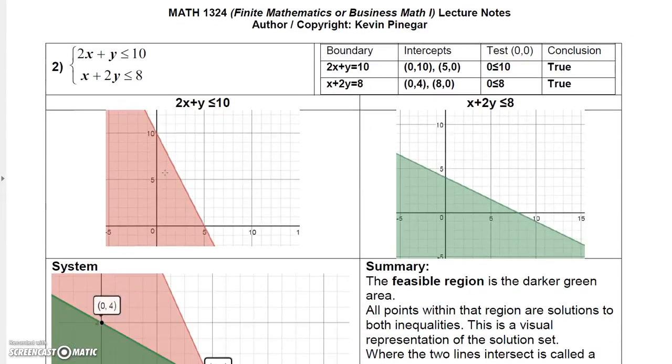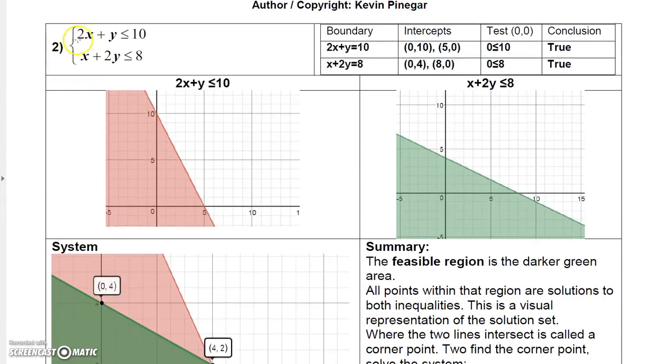Here's another one. 2x plus y is less than or equal to 8. 2x plus y is less than or equal to 10. x plus 2y is less than or equal to 8. So by now we've probably mastered graphing single inequalities, so let me just kind of brush through this. Your intercepts for the first boundary are (0, 10) and (5, 0). So I plot (0, 10)